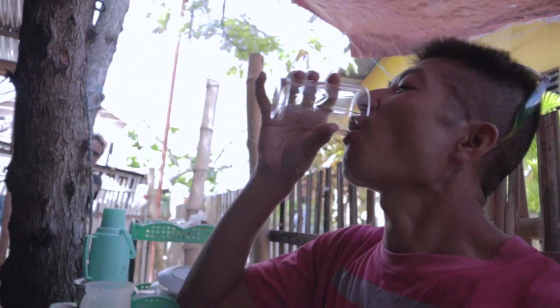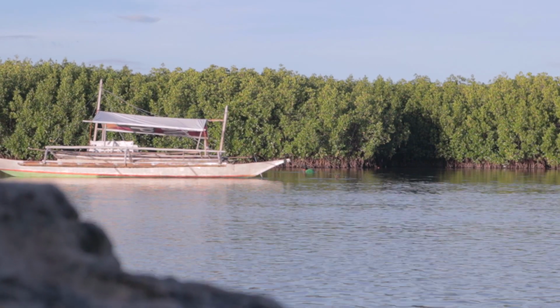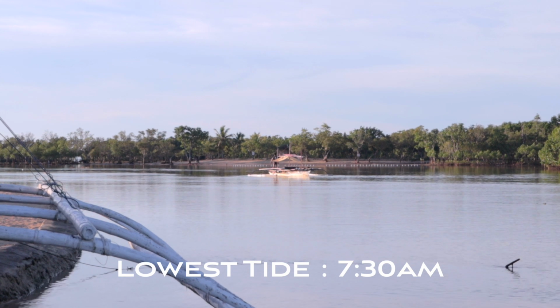Good morning from Olango Island. I'm here in Cebu because I want to go to Caohagan Island by crossing the ocean on foot. People say it's really far, but I think it's possible when it's low tide. The lowest tide of the day is 7:30, so I'm thinking about crossing the ocean around that time, so it's easy for me